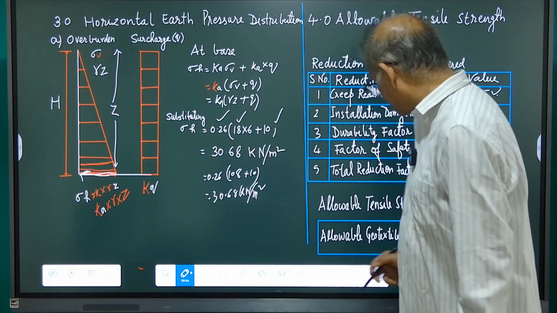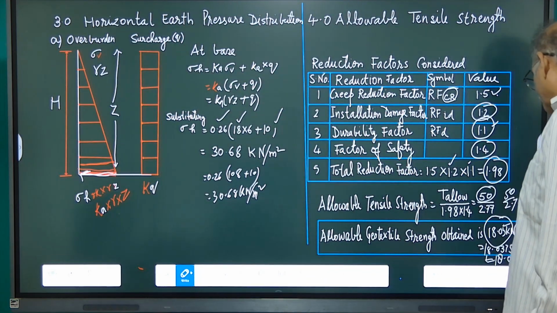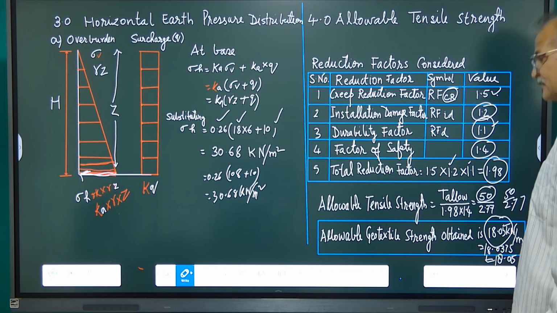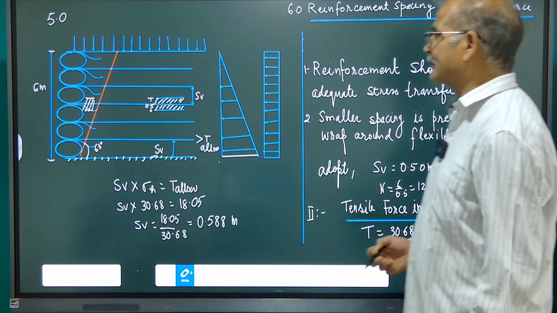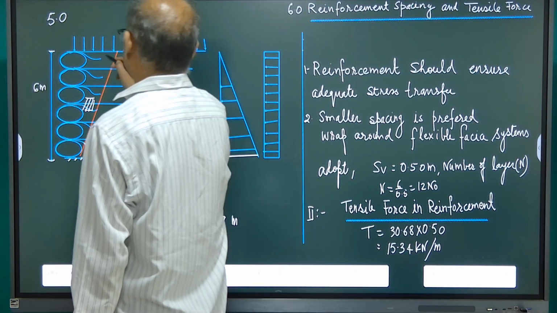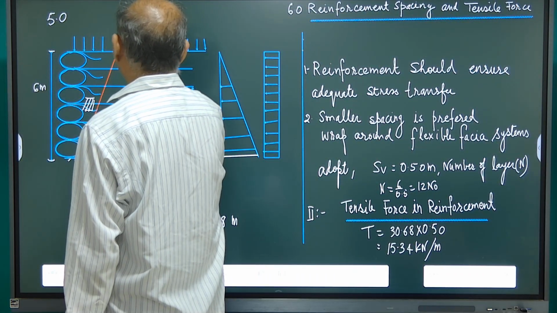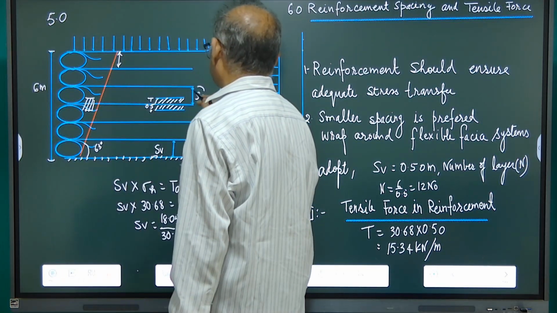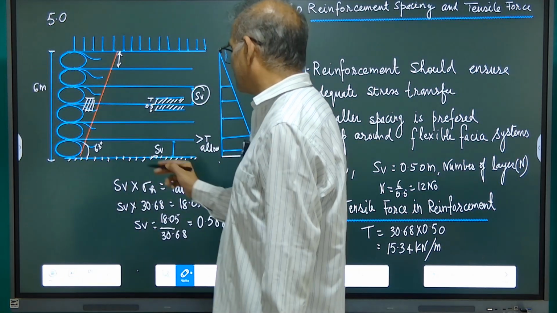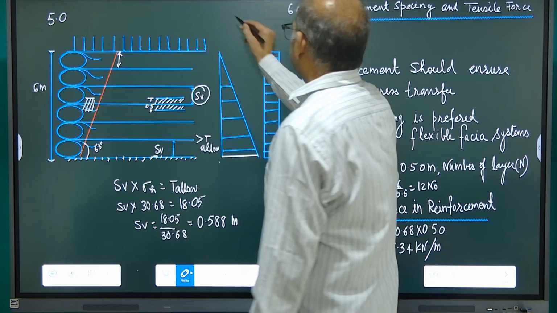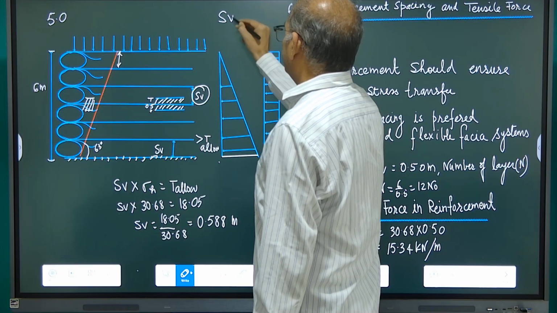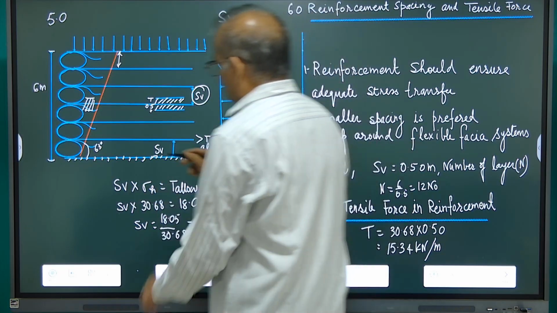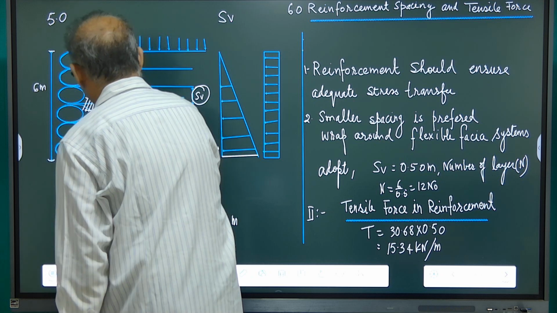इसमें, that has come 18.05 kilonewton per meter. Now we need to find out what should be the spacing. जो हम geotextile use कर रहे हैं, what should be the spacing? So consider the spacing SB at the bottom. So yes, spacing at the bottom जो हम मान लीजिए इस reinforcement को ले रहे हैं, तो